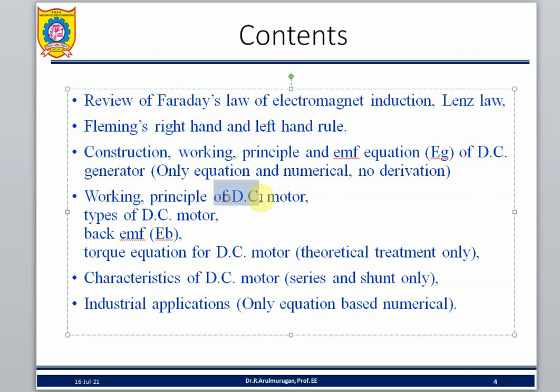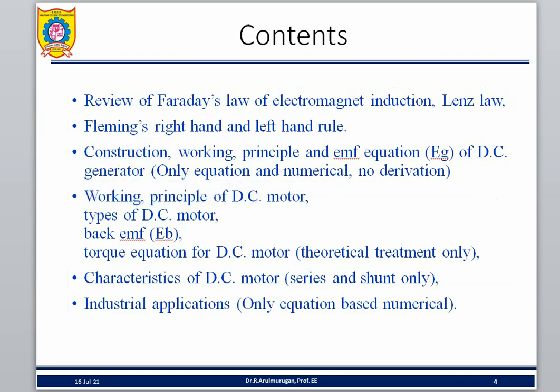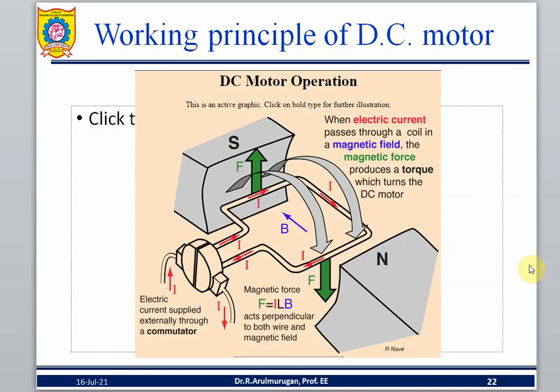The next one, DC motor. So, DC motor principle and working. There are two coils, one is the field coil, the fixed coil, and the other is the armature coil, the rotating coil. The rotating coil is called the armature coil, the fixed coil is the field coil. This is a stator, this is called a rotor. I am going to give the power supply to the stator coil and rotor coil.